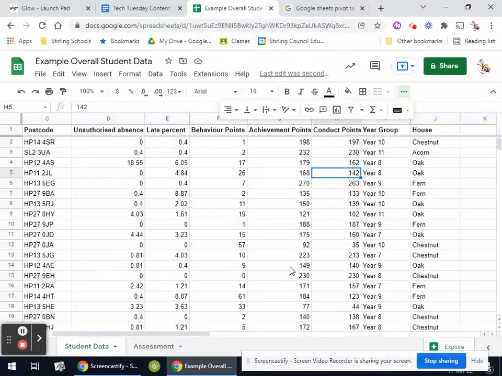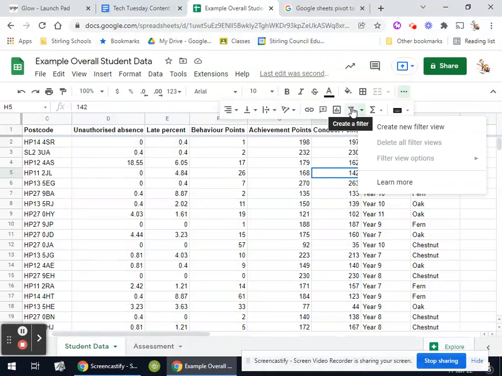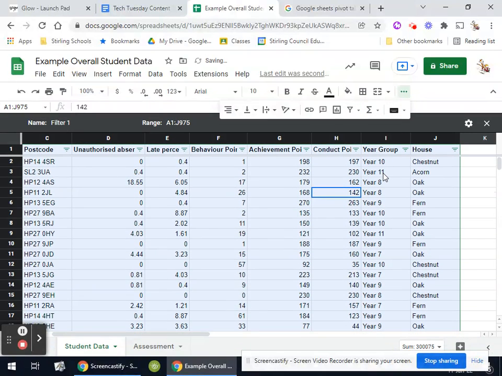There's a wee way around that, and it's what we call filter views. If you click on the wee drop down beside the filter tool, you'll see that you can actually create a new filter view. When we do this, it opens that spreadsheet up in a little side view. It's not like a copy, it's still the same spreadsheet, but it's a different view that's separate from the main unfiltered view. And in here, we could just call this example,